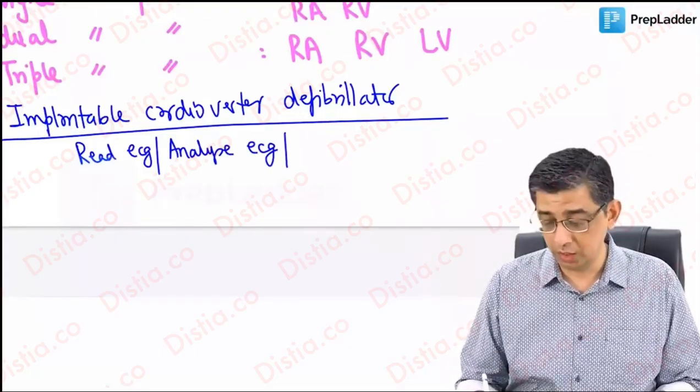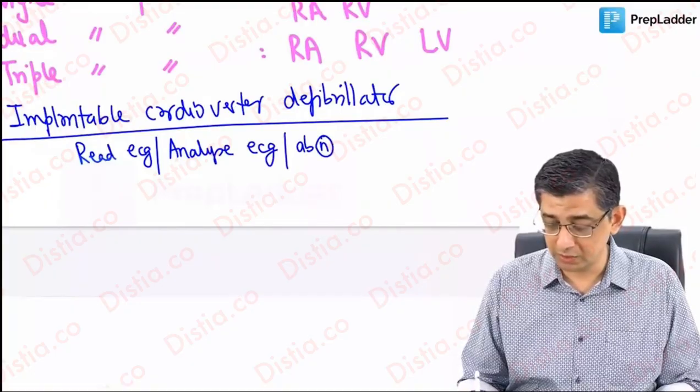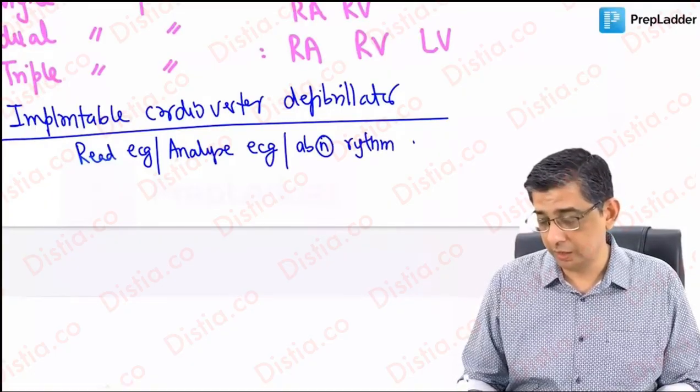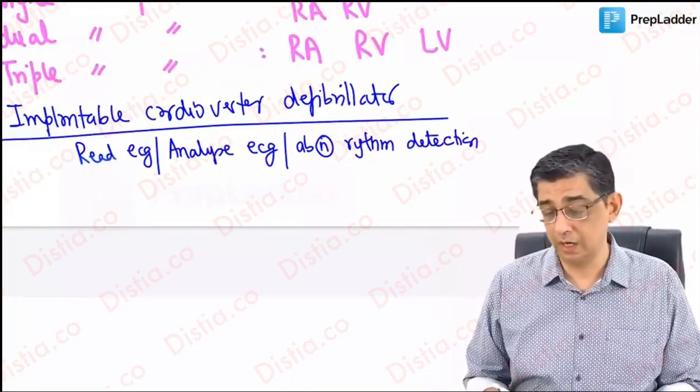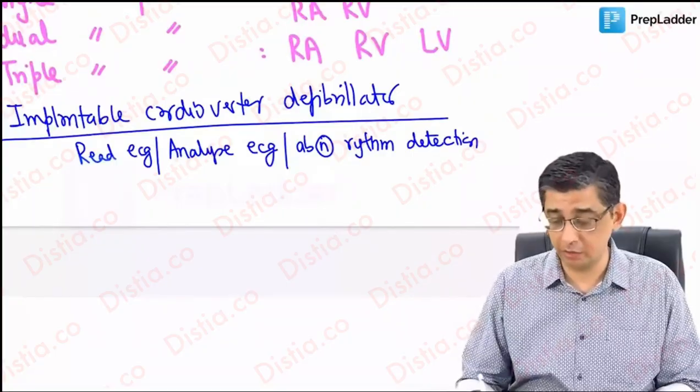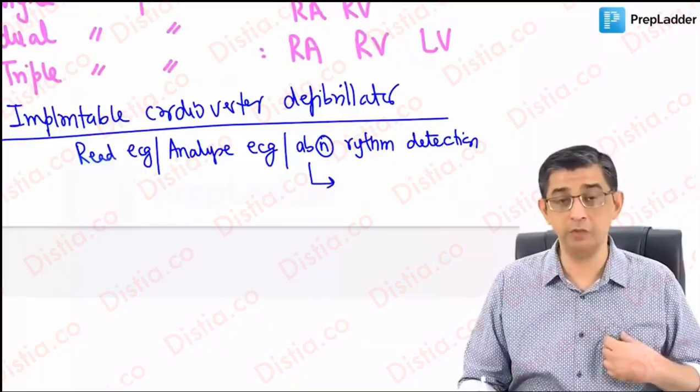It can do abnormal rhythm detection. So you can see it's a smart computer. It can do the job of a doctor much better, sitting very close to the heart of the patient. And once there is abnormal rhythm detection, this small computer, maybe 1 inch by 1 inch in size,